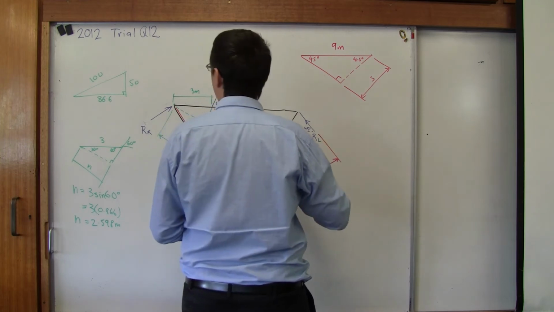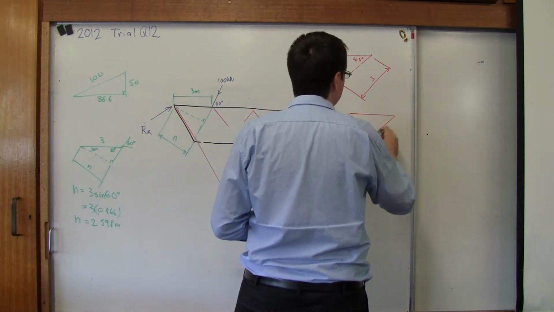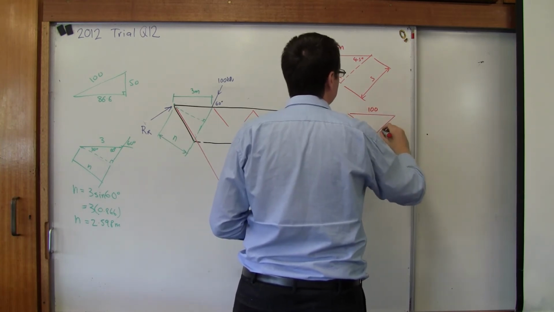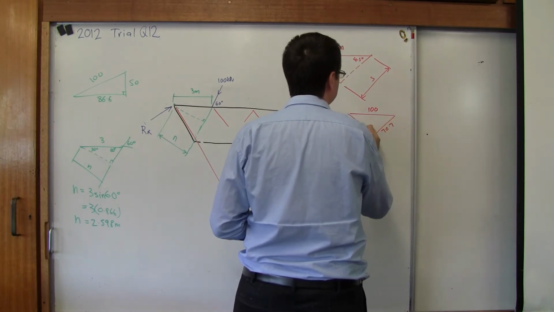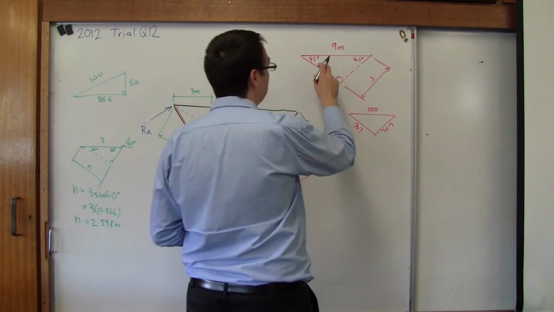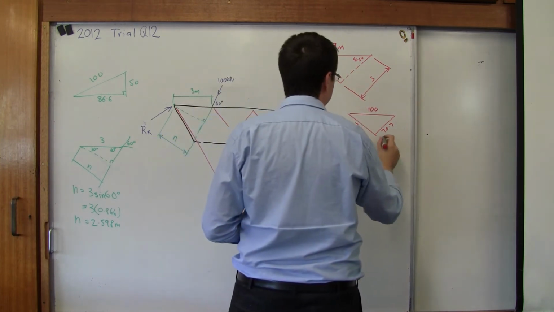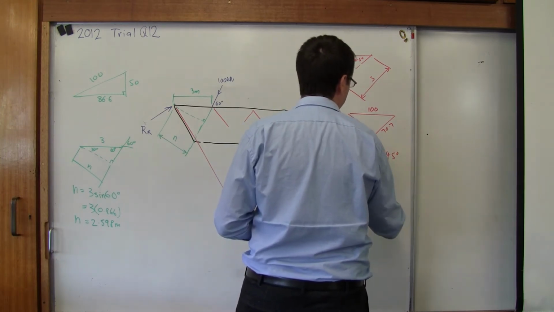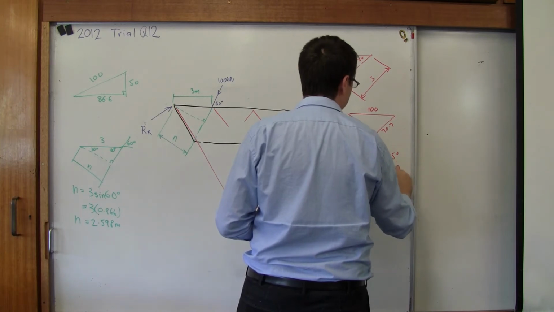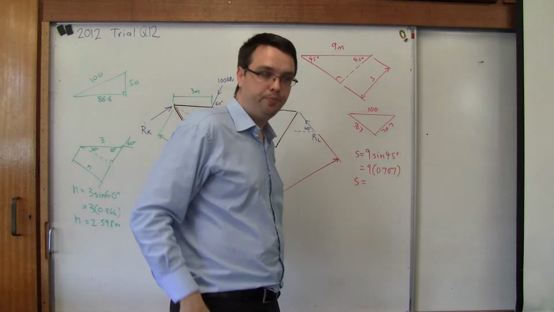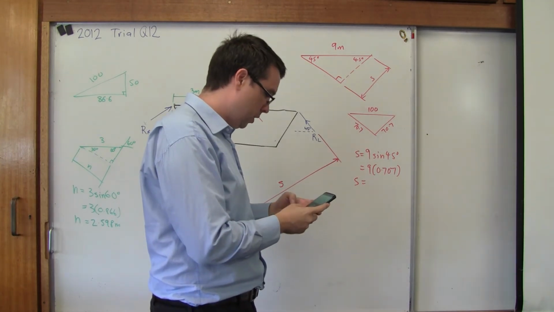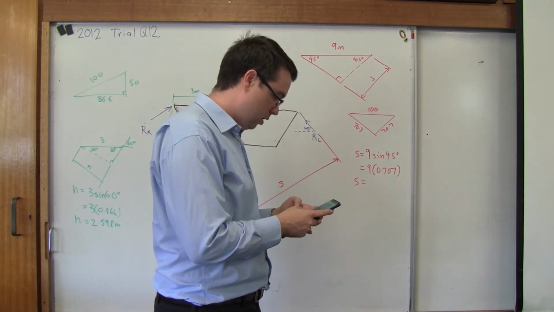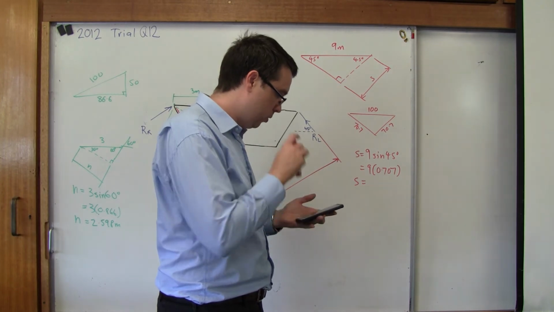For all of our 45-degree triangles, if this is 100, this will be 70.7 on both sides. Another way of saying it is, we know the angle, and this is the opposite side. So this side here, S, equals 9 sine 45, which is equal to 9 times 0.707. S is equal to 9 times 0.707 equals, oh, I didn't type that in properly. 9 times 0.707 equals,